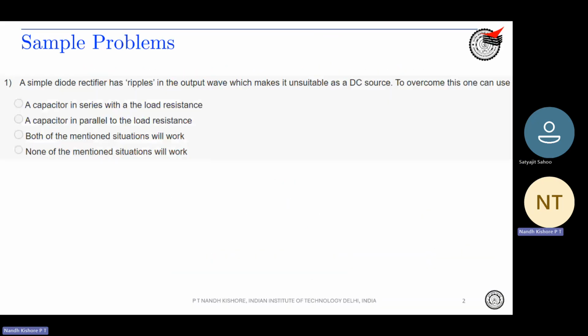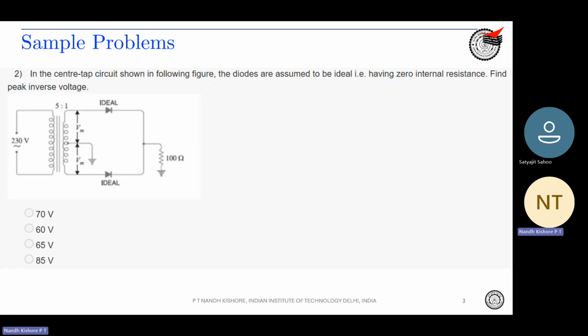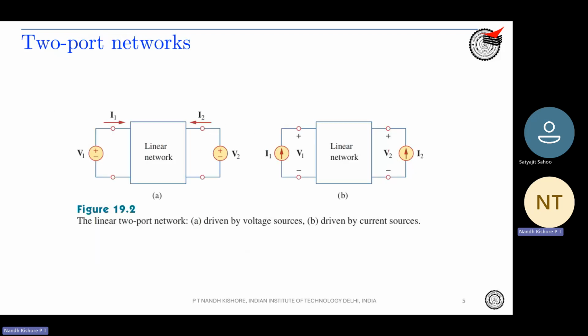Okay, so we saw a few initial questions. These were already covered in the earlier class, that is in week 5. So now we will start with some basics of two-port networks and then move ahead with problems. Just to brush up,